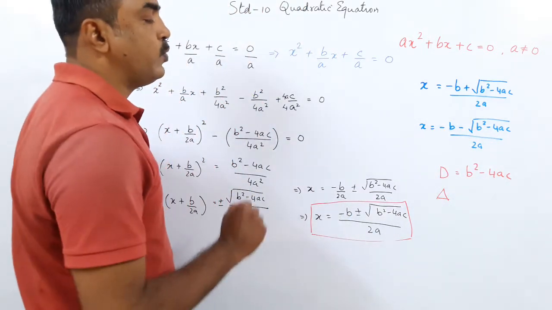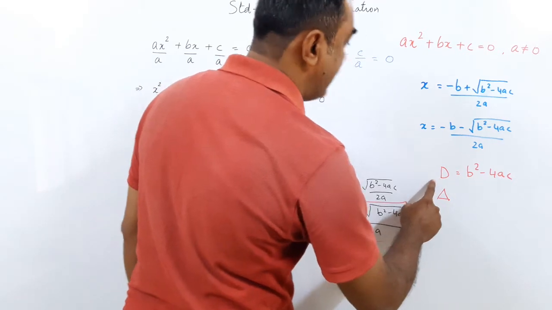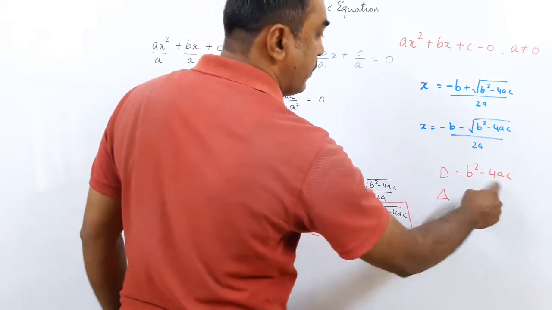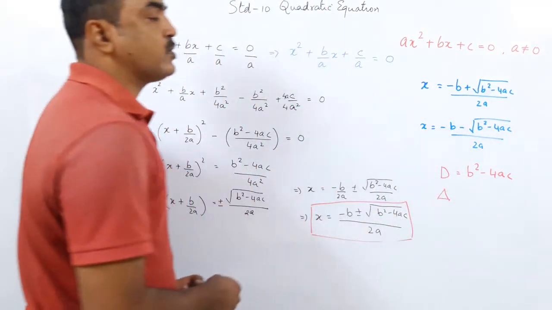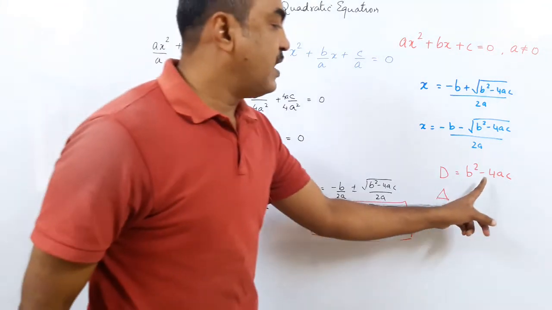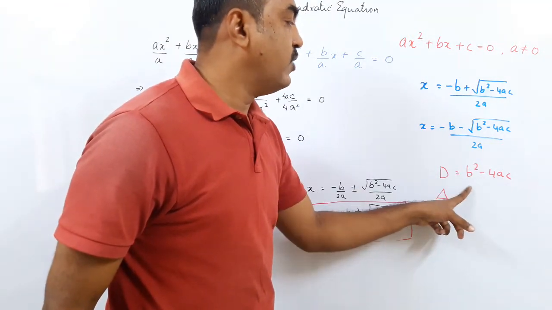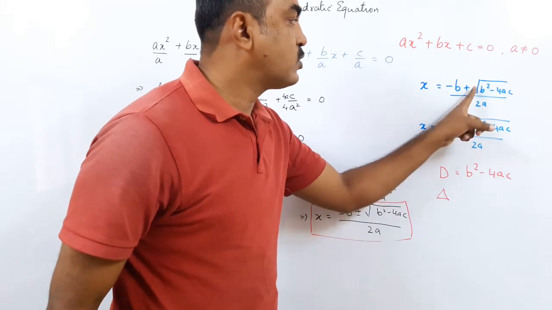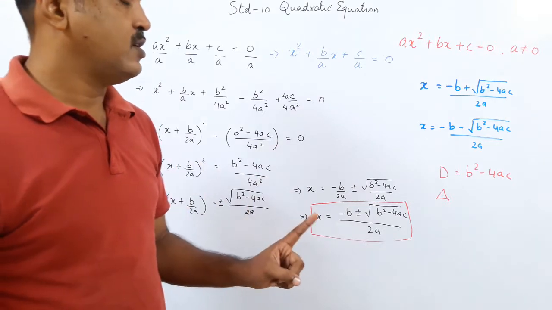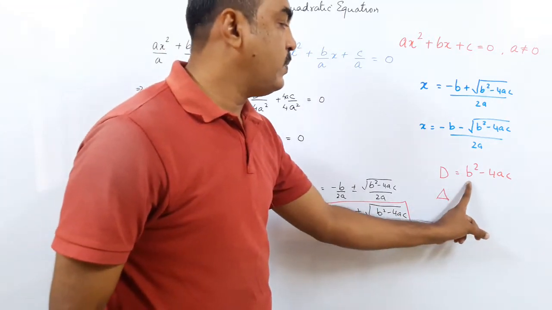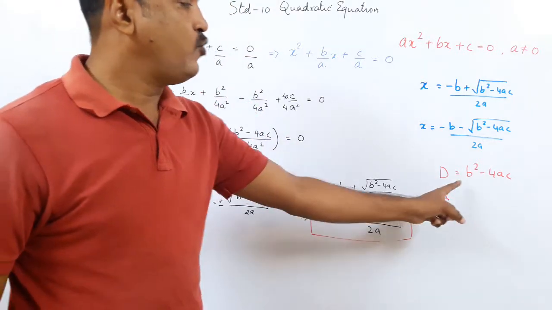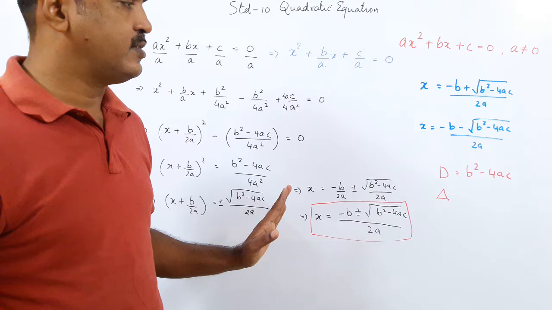Now what do we check? I told you before. You can check the discriminant, b square minus 4ac. What were the three possibilities? You remember? In the last lecture, if this is less than 0, it is a negative number, and the square root of a negative number is not a real root, so we write the root does not exist. So what you will first do is check b square minus 4ac. If you get it less than 0, then no real roots exist.